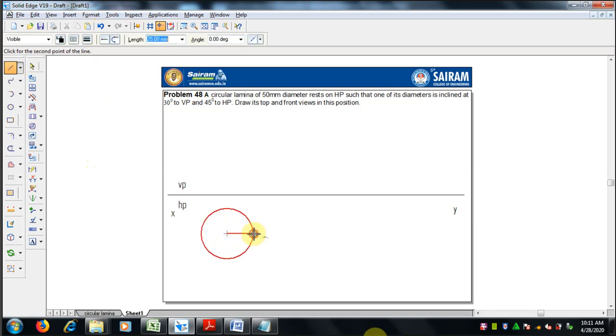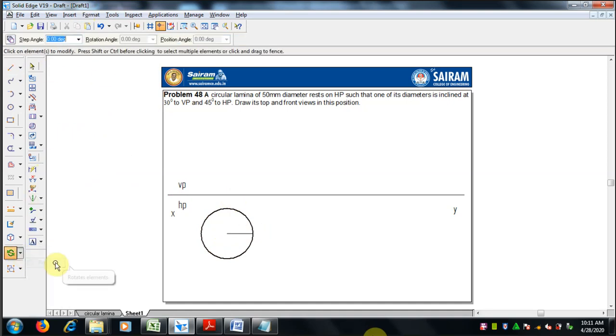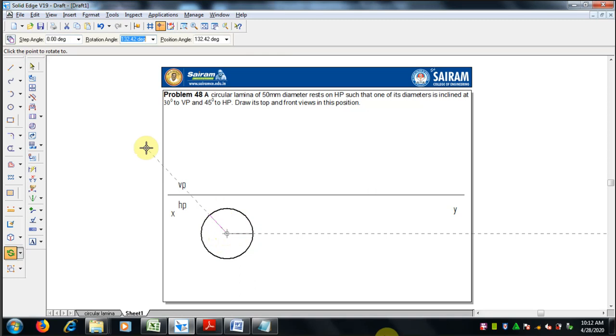Now we have to divide this 360 degree circle into equal parts. So we may say 8 equal parts will be better. So I draw one line and rotate it with a step angle of 45 degrees. The 45 degrees, in the sense, we can divide into equal parts. Rotate, select the center point of rotation, go for the step angle.